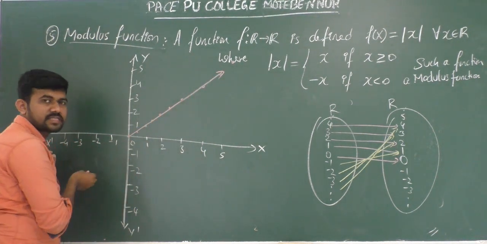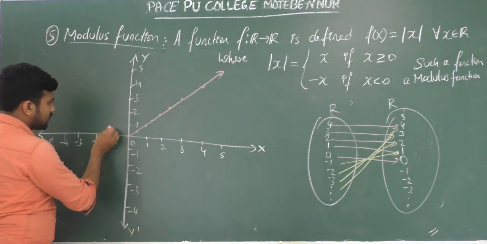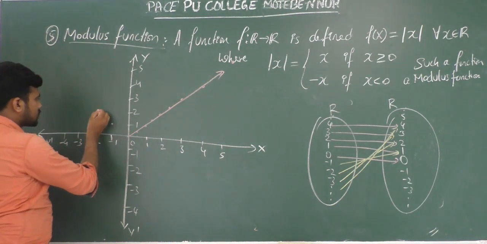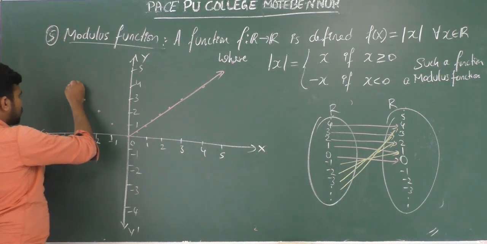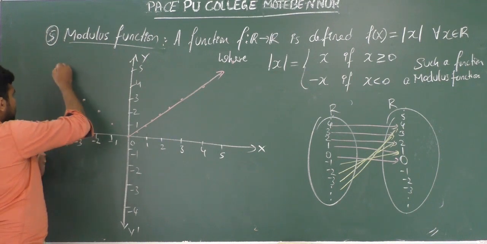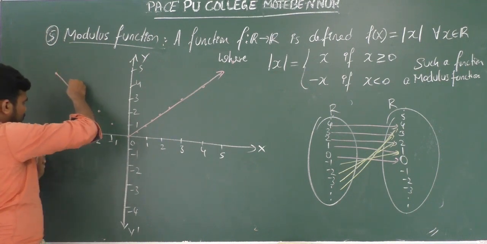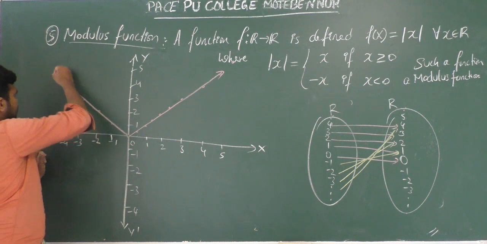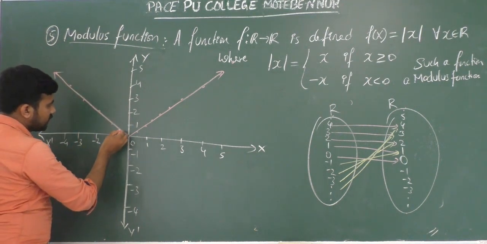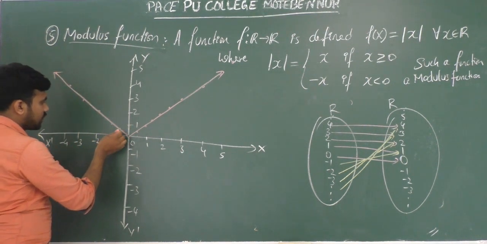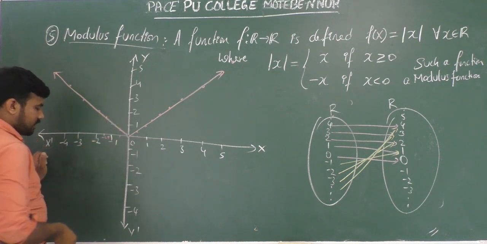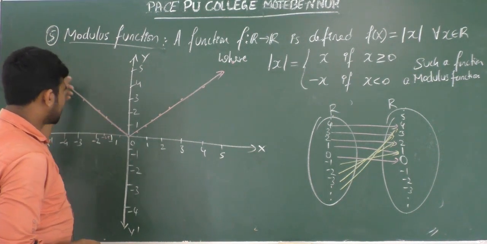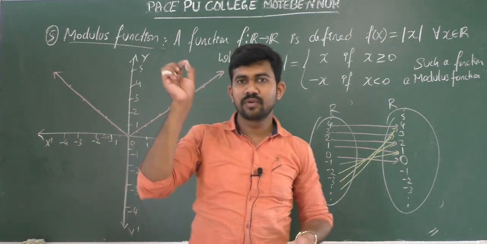Again, if you consider negative numbers, minus 1, image is 1, minus 2, image is 2, minus 3, image is 3, minus 4, image is 4, minus 5, image is 5. So it continues like this. If you take minus 1.5, the image is 1.5. Okay, so you can observe here, now you can use a scale to draw the straight